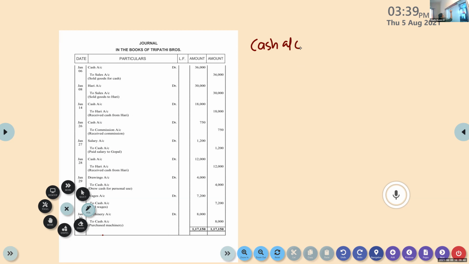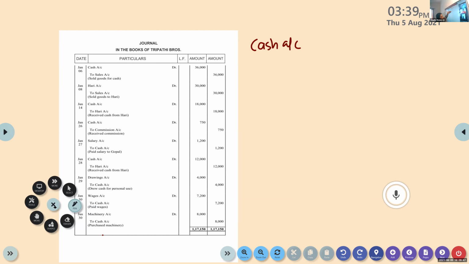First of all, just note down how many accounts are there. Once you read this, you will get an idea what size to provide for each account. You can find cash repeating. So when you draw the cash account, it should be a bigger one, because you need to accommodate all these. So one cash account is required. Two, a sales account is required.